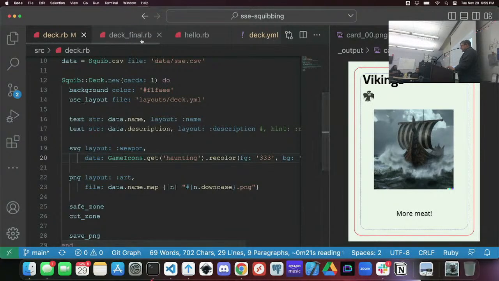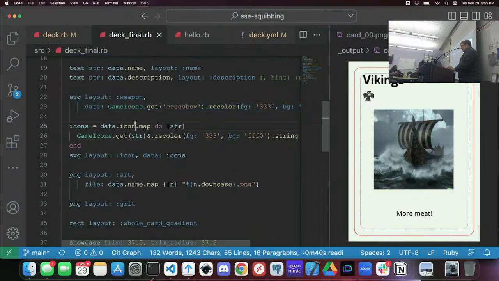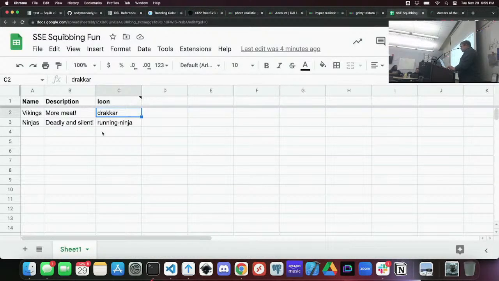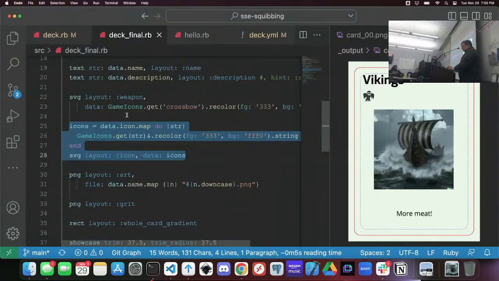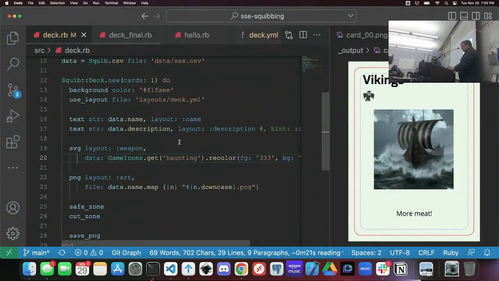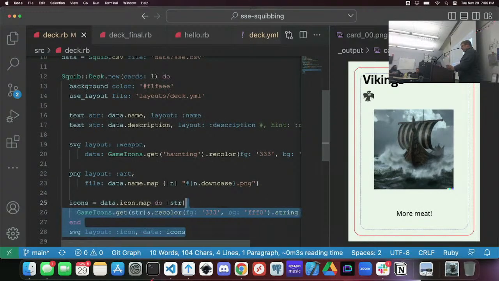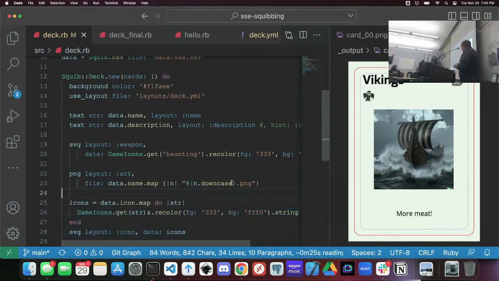So let's actually get the icon based on the art up here. You'll see that in our spreadsheet, we've got the two things are Drakkar and Running Ninja. So let's copy that over to here, and there we go. You can see that it's got the little ship symbol up there for Vikings, and then